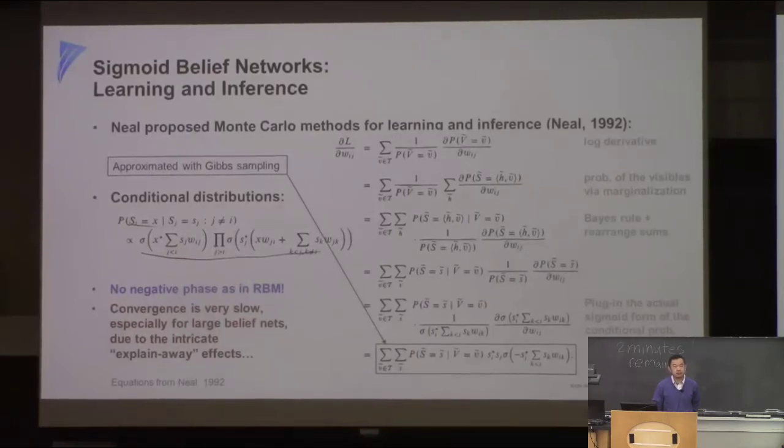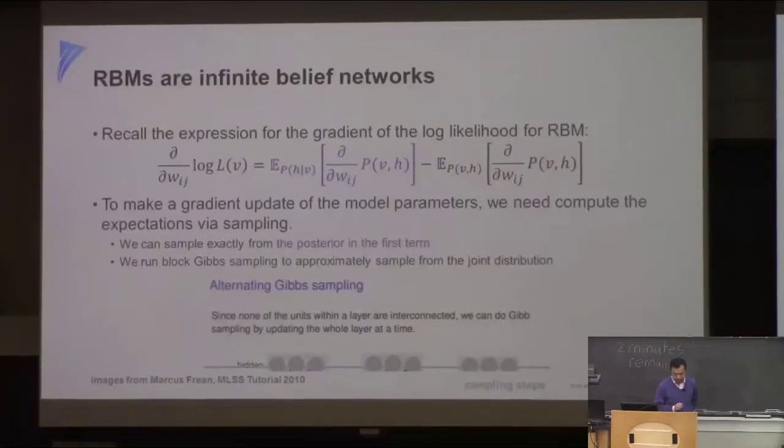So why do these two stories have to be brought together? That's an interesting kind of leap of faith, which hopefully you can now appreciate. So we look again at the gradient of the RBM likelihood function, and let's think about how to